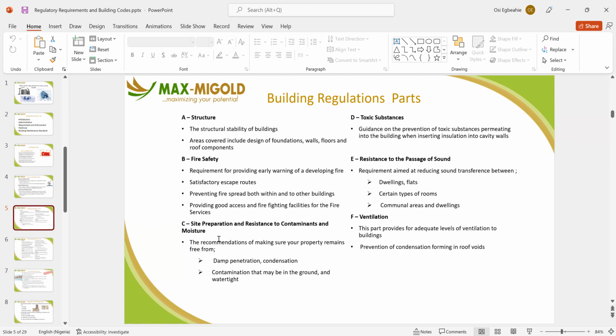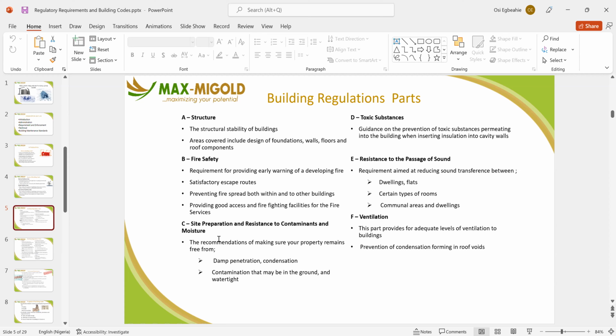And sometimes you may decide to go and build in a place, probably like in Jesse, where they have a lot of oil activities going on. Normally the authorities will check and ensure that where you are going to build, the place does not contain contaminants. Where you have oil spills, where it has affected the land, and when you go and build there, sometimes they do a little bit of gas flaring. That will affect the health of the individuals that are going to be staying in that building.